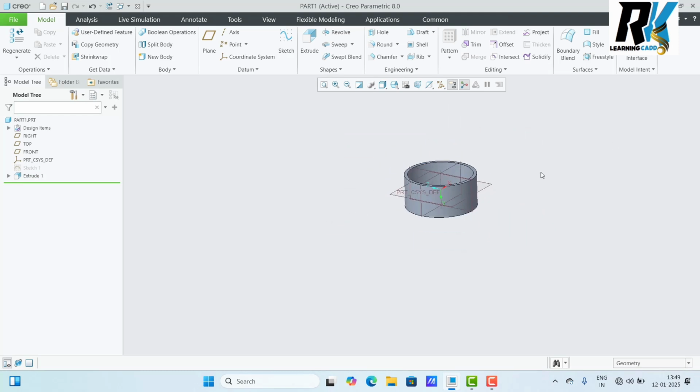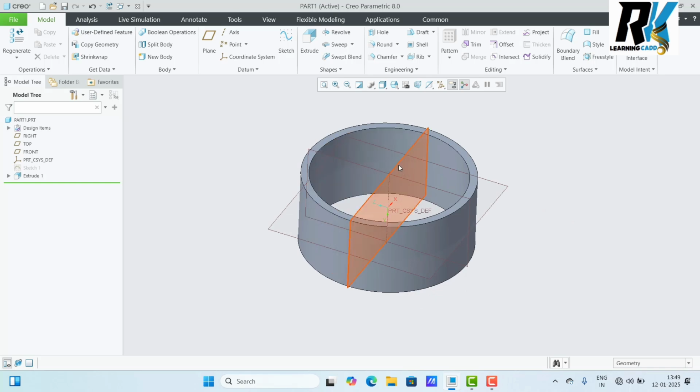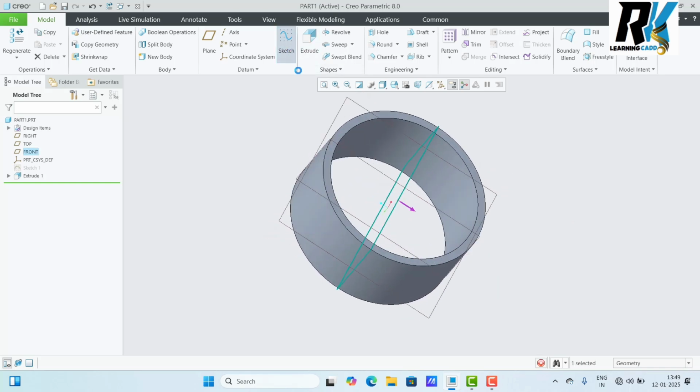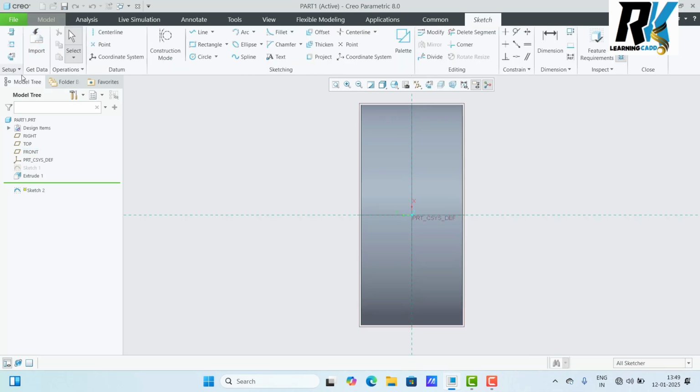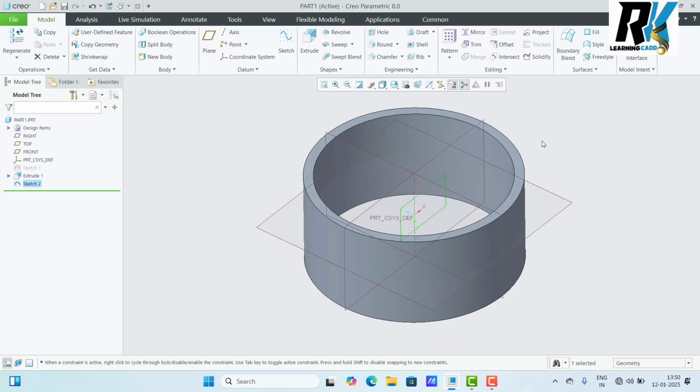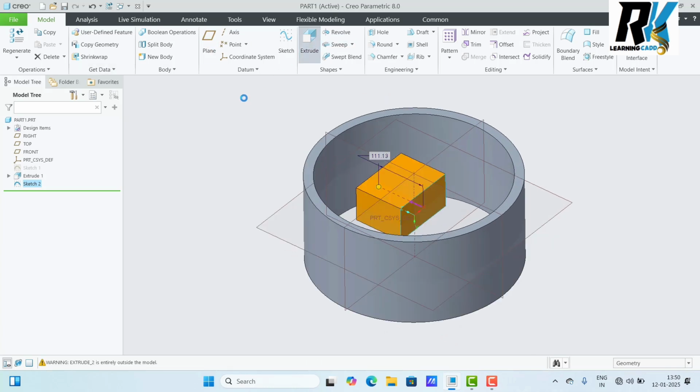So these are the first two situations. Suppose I create this plane here and create one geometry again. Select sketch mode. See, inside that I set the option make parallel to screen, so that comes automatically. I select one rectangle and just press OK. Okay, now again select the extrude command.